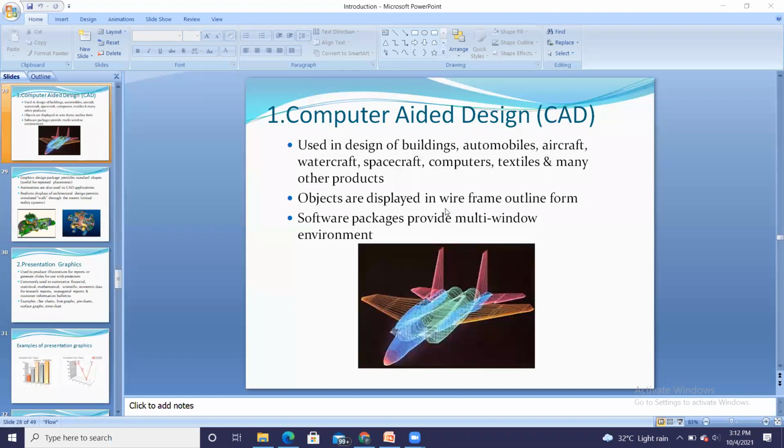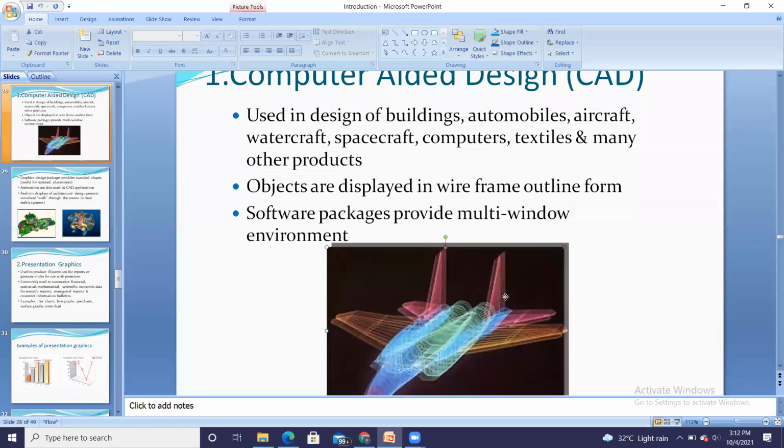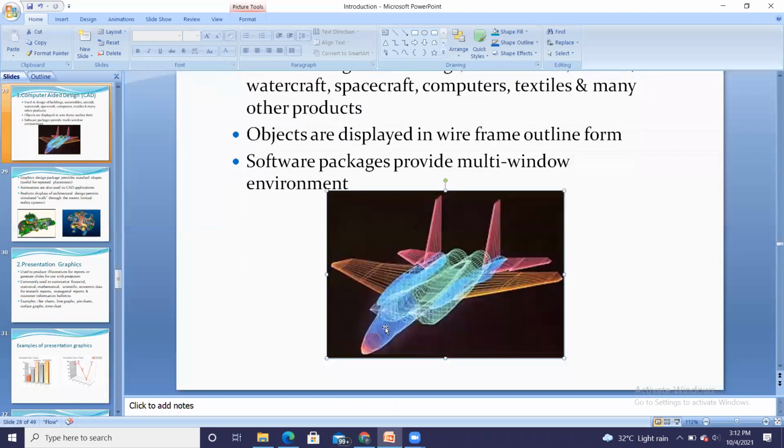Objects are displayed in wireframe outline form. So here you can observe one aircraft, which is displayed in the wired format. I think now it is visible properly.